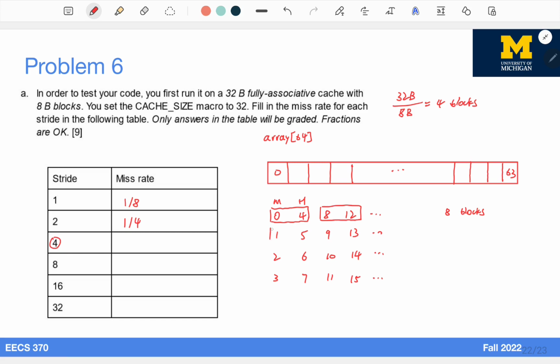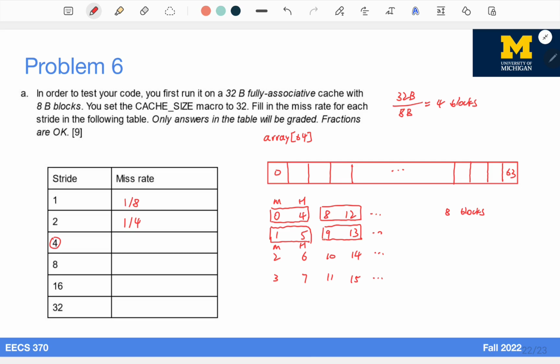the first block of this array, although it's in the same array as the previous block. Since we have already accessed 8 different blocks into the cache, we have already evicted this block. We have evicted the block for 0 and 4 from the cache. Therefore, when we access 1 and 5, we will still have a miss on the first access and a cache hit for the second one. And for a similar reason, for this